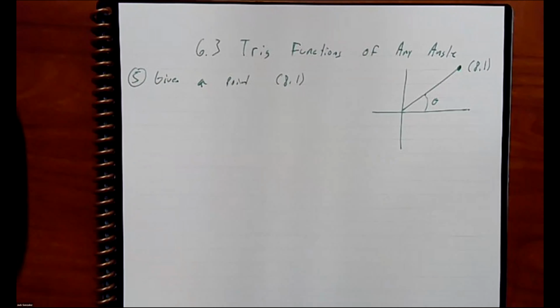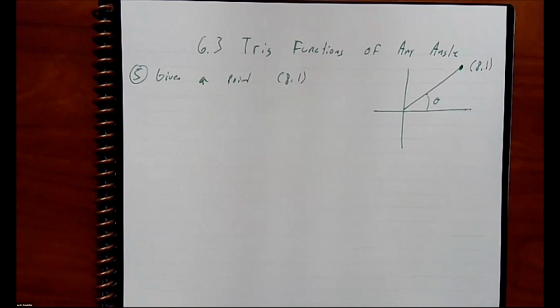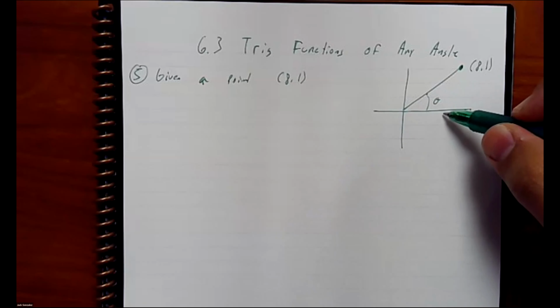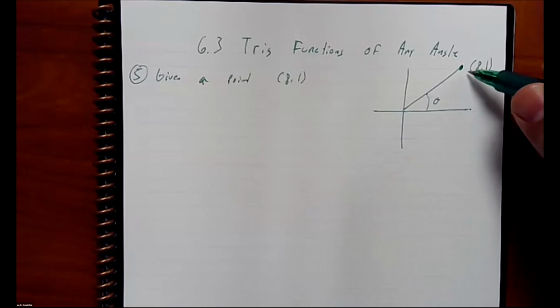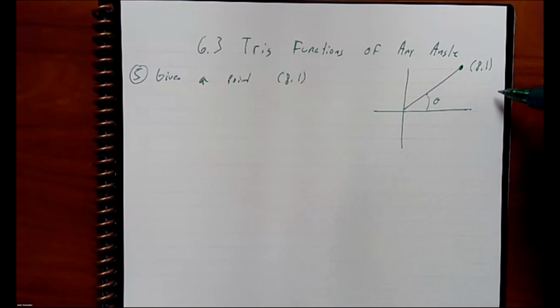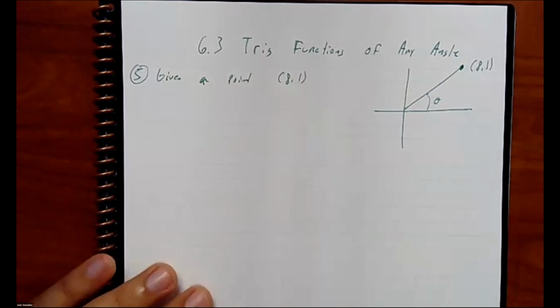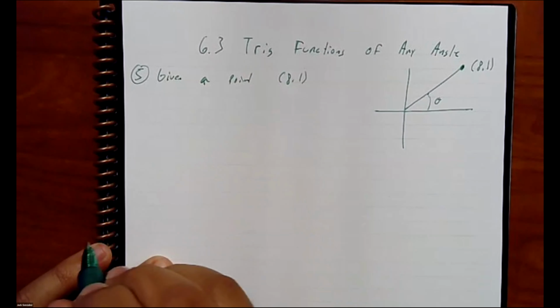All right, so we want to know sine cosine of this angle. And here is the point, X and Y. So they are not telling us that this is a unit circle. So I cannot assume that the radius is 1. So basically, this means that